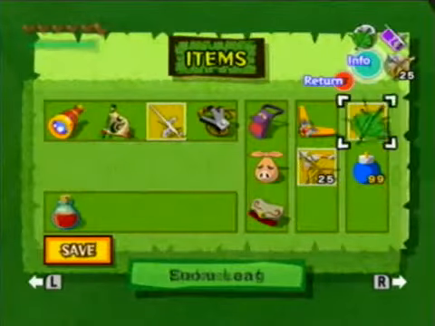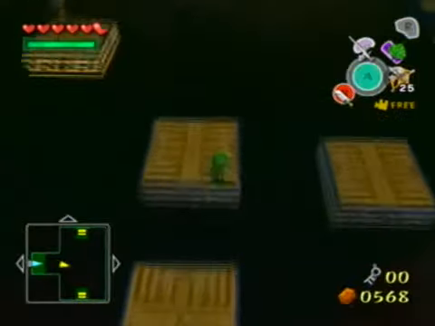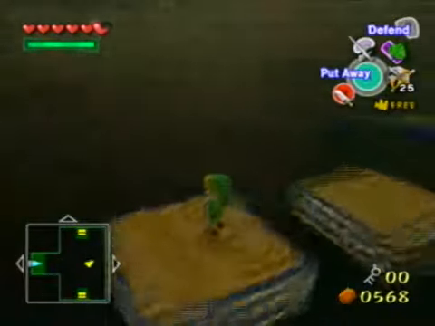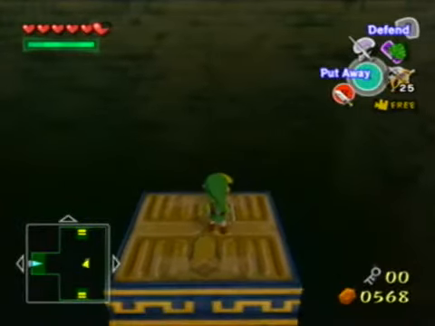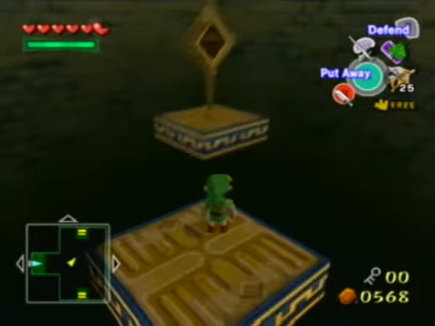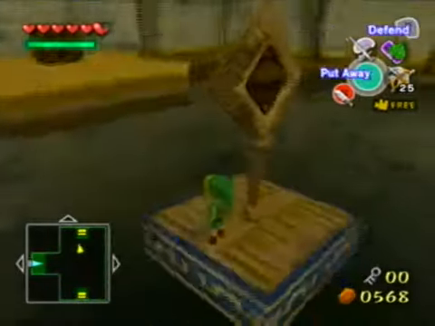I think we do need the leaf for this room. Actually, I'm going to switch the leaf to Z because I like it being there for some reason. Awkward button to press, but I like it being there. And we're going to need to get on that platform, but I'm not sure if it's going to come down in time. Doesn't look like it. Ooh, I think I might have timed this kind of bad. Oh, no, never mind. We got it. It's a little bit awkward, but...